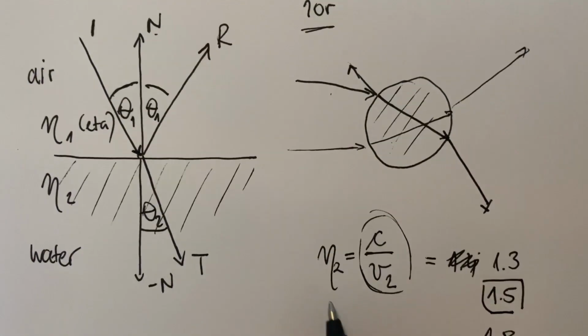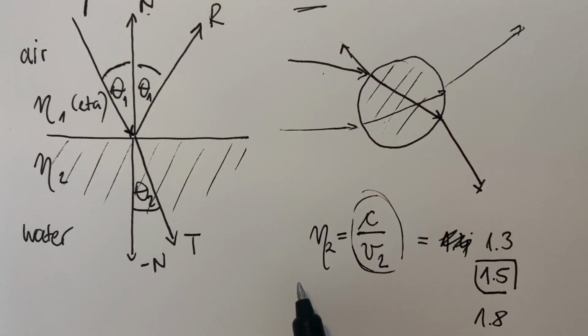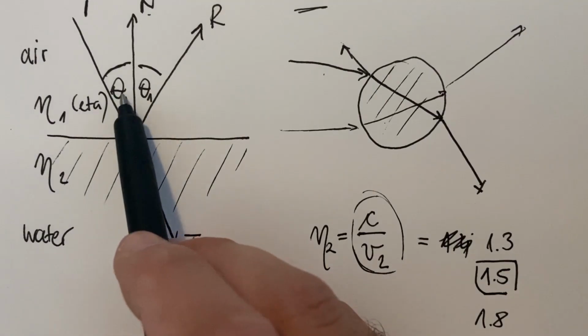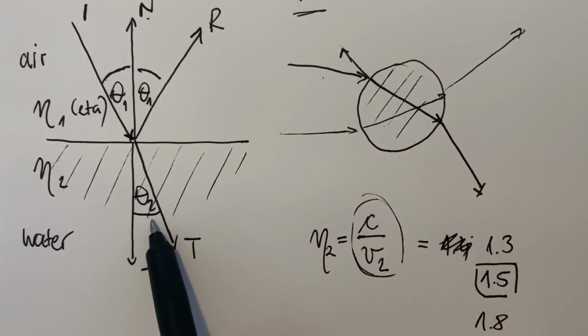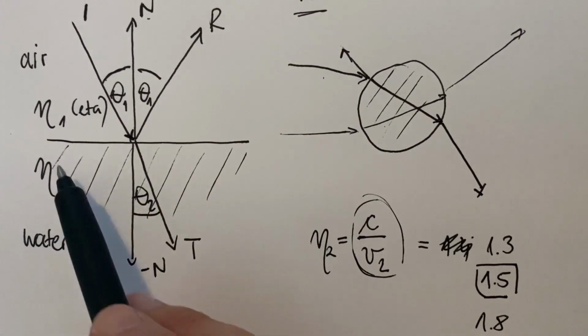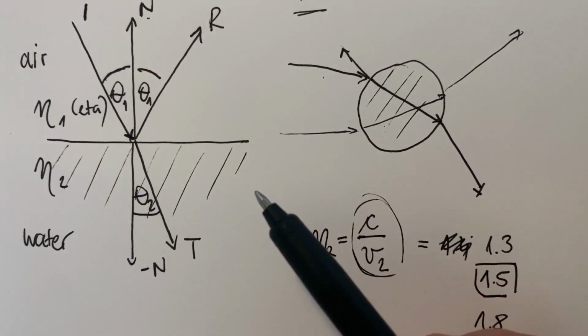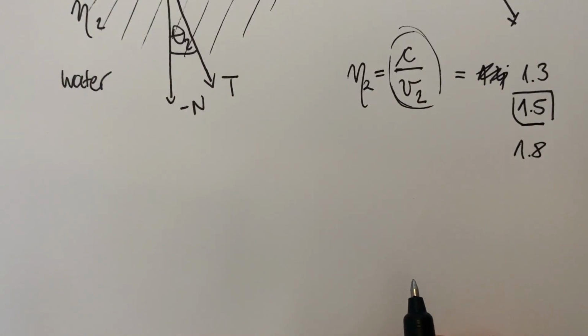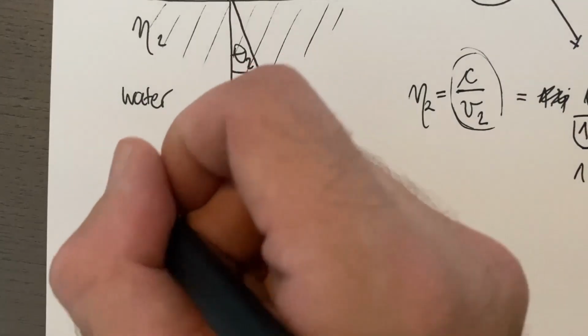Okay, so now you know the basics, but you still have no idea how you're going to get theta 2 from theta 1. You have no idea how much this is going to bend based on this index. You still don't have that information. For that, we're going to be using a law called Snell's law. You can look it up. It's spelled